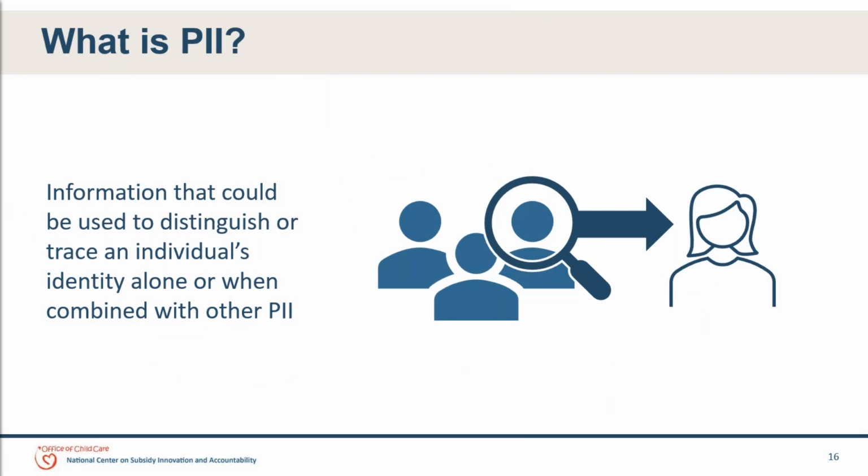And when we talk about personally identifiable information, or PII for short, we're referring to any information that can be used to trace or identify an individual either by itself or in combination with other information. And of course, we want to